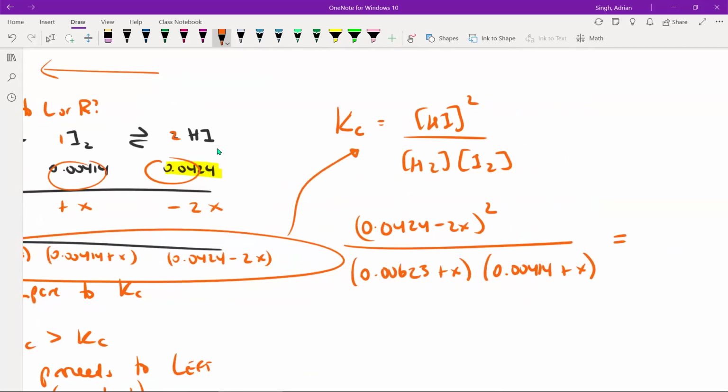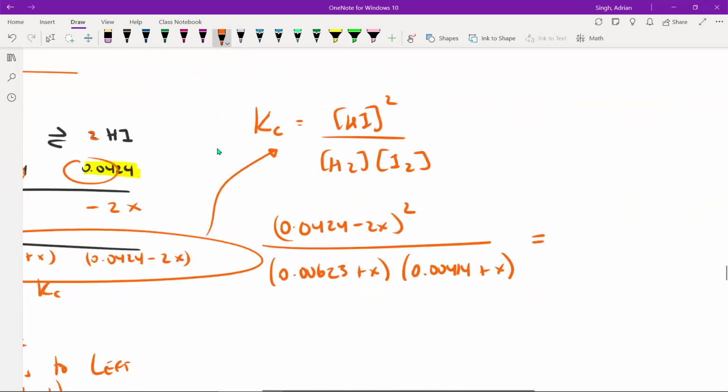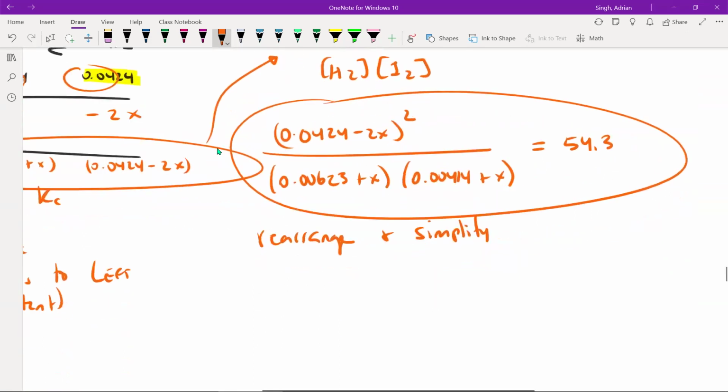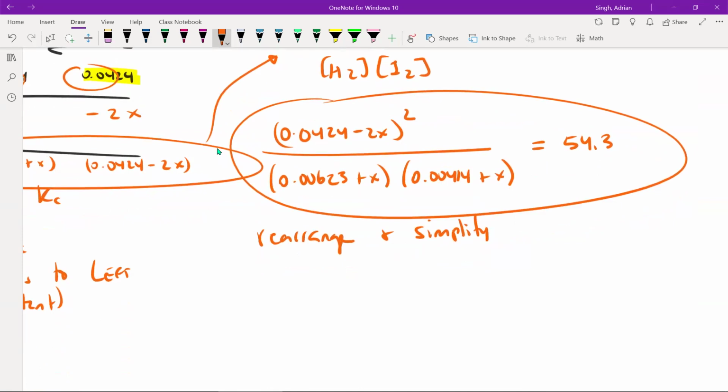So this is equal to, what was the Kc? 54.3. Okay, so now we have this entire thing that we need to rearrange and simplify. Which again ends up being a math problem that we're doing. All right, so if we go ahead and multiply out and divide, we end up with, if we rearrange this, we have